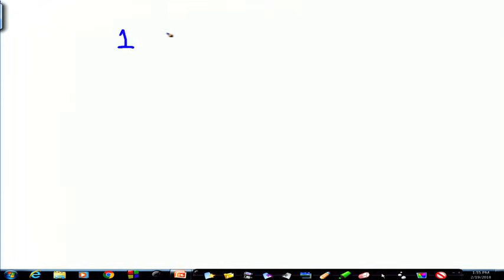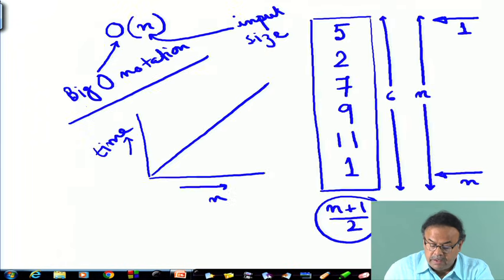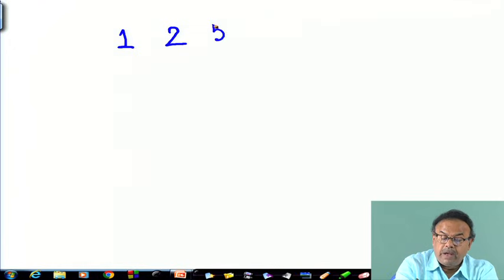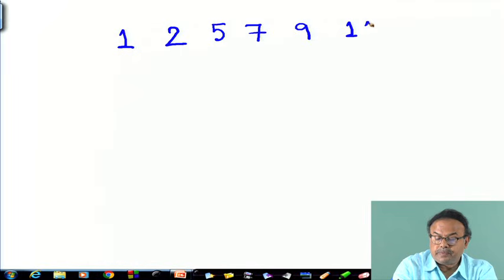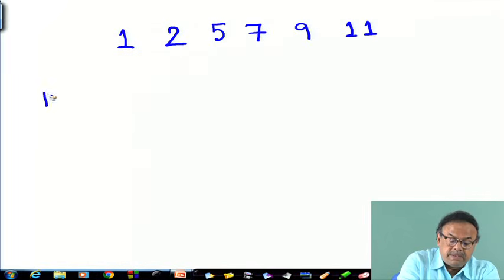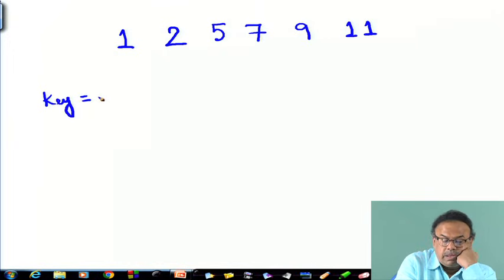So the elements that were there in the earlier case, now sorted: 1, 2, 5, 7, 9, 11. Now, suppose my key is, well, let the key be 2.